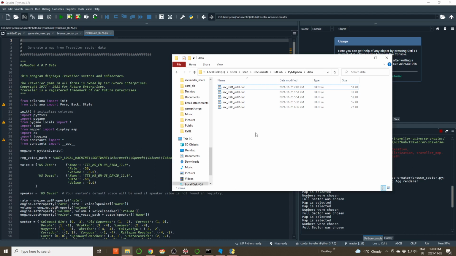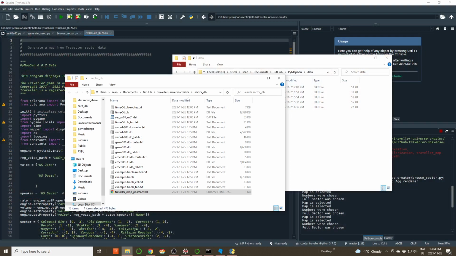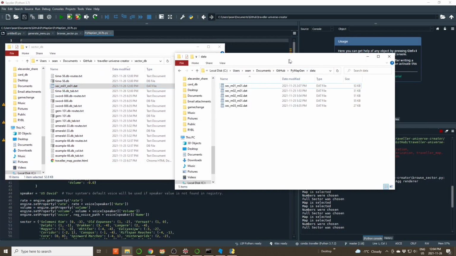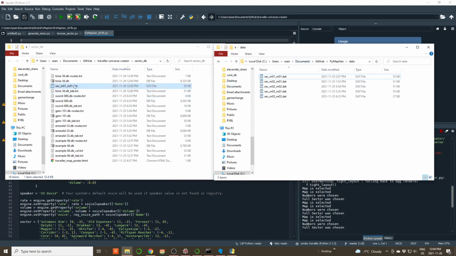So in order to get my own custom stuff in there, I had to delete the OTU files and put in these sort of files. So I made sure now when we created time 56, it also created a file that works perfectly with Sean's. Now, these numbers correspond to the Cartesian graph of the sectors you're making, because I have a number of sectors I already made. And if I want this to work with other sectors, essentially start building my MTU,